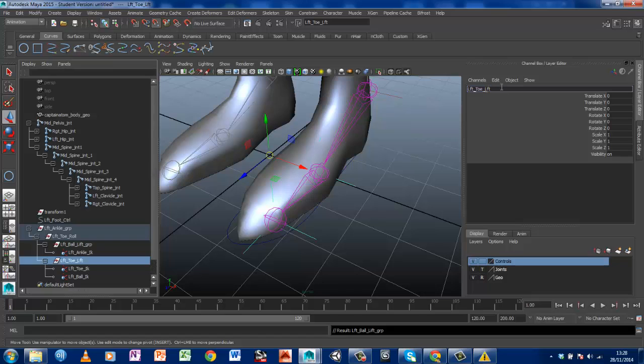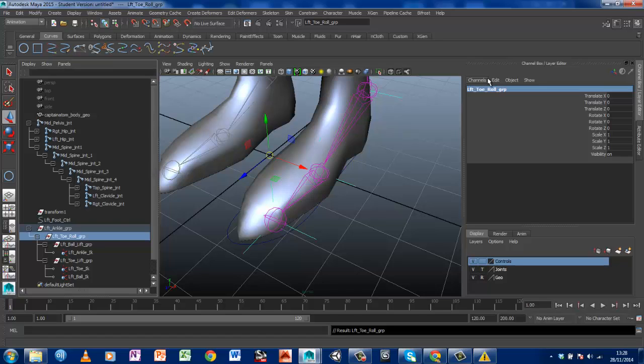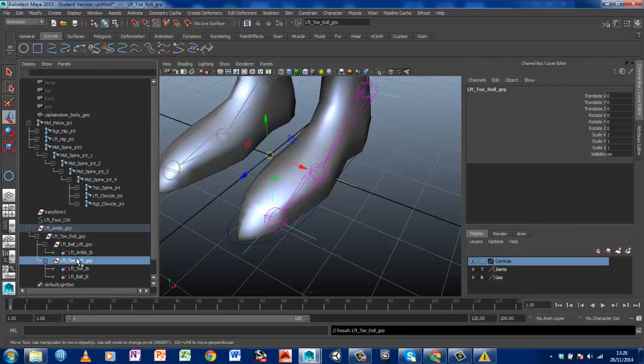Lift. Sorry if it seems as if I'm a bit obsessed with naming things right, but you should be obsessed with naming things right when you're rigging. If there's anybody who's actually a professional rigger still in the industry, you'll know what I mean. You sound like a mother hen sometimes. Right, so the ankle group,